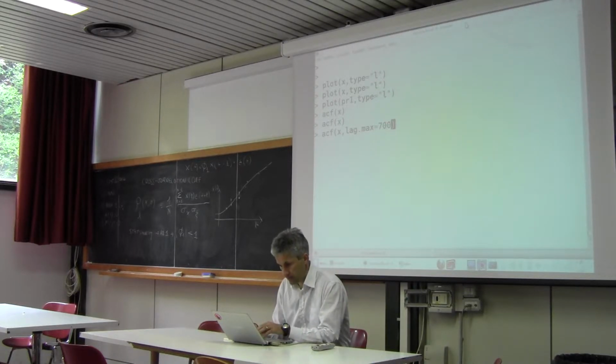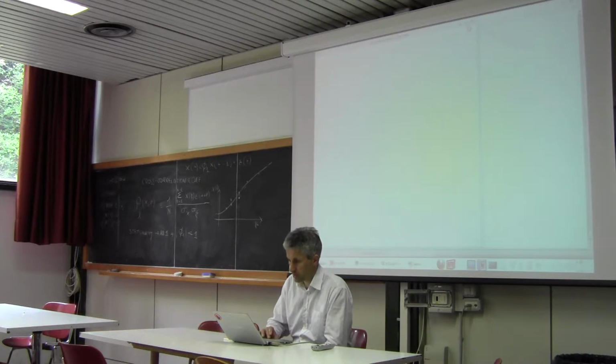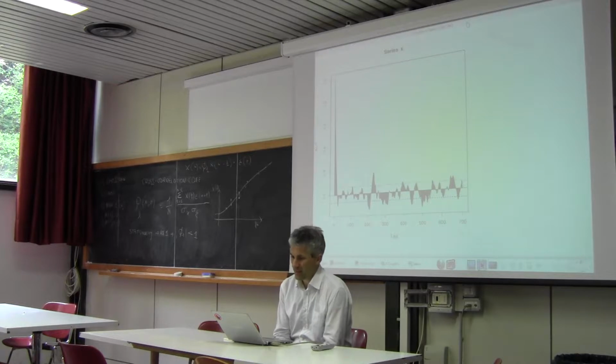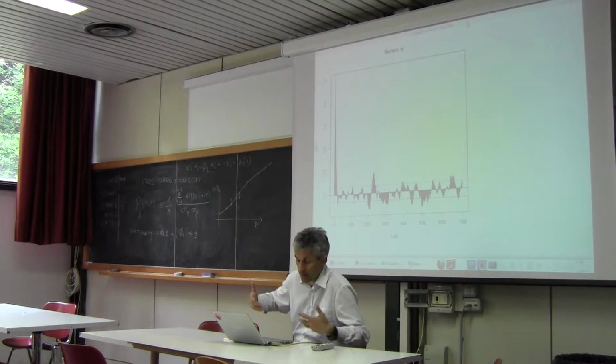700 to compare with the one that we got before. You will see when I am able to plot it. You know, it's not like the one of the Po River. There is something, because there is no periodicity here. And of course, because in the series that I generated, there is no periodicity.